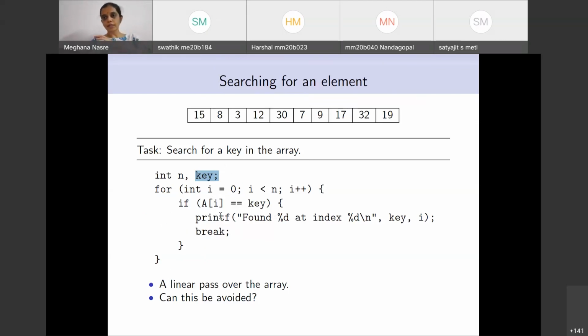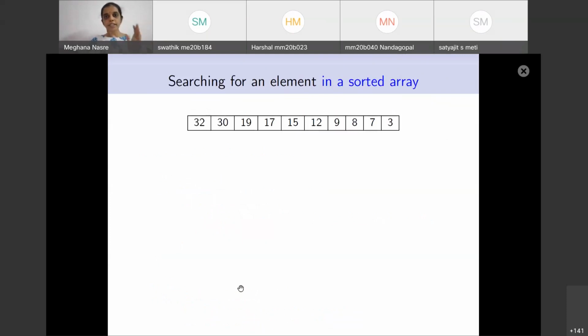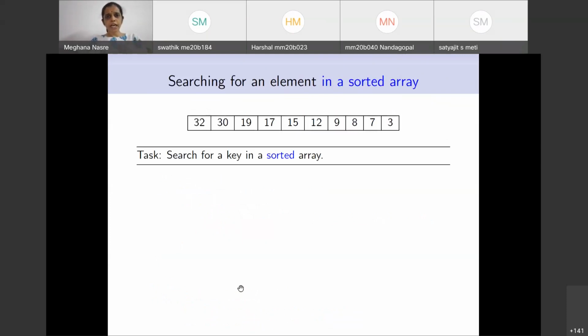We know that this linear search can be applied to any array. While we are dealing with integer arrays, these things will work for other arrays as well, except that for the comparison, in some cases characters will be fine. Floats, you have to be careful. And when we go to user defined data types, this comparison will have to be replaced by some function which does this. So leaving that aside, we asked whether this linear pass can be avoided, and we said yes. If the array is sorted, we can in fact avoid this linear pass. And we started with discussing the binary search, which works as follows.